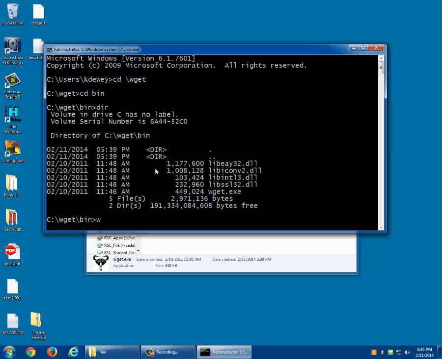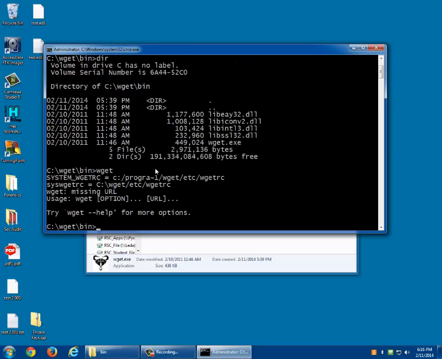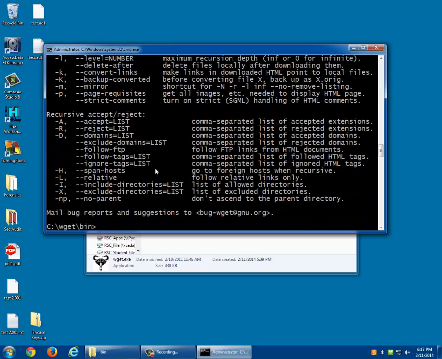Now, if I type wget in here, it tells me, hey, you need help? Type help. So I can type help. There you go. Okay, I'm going to go to a website. I'm going to do wget http